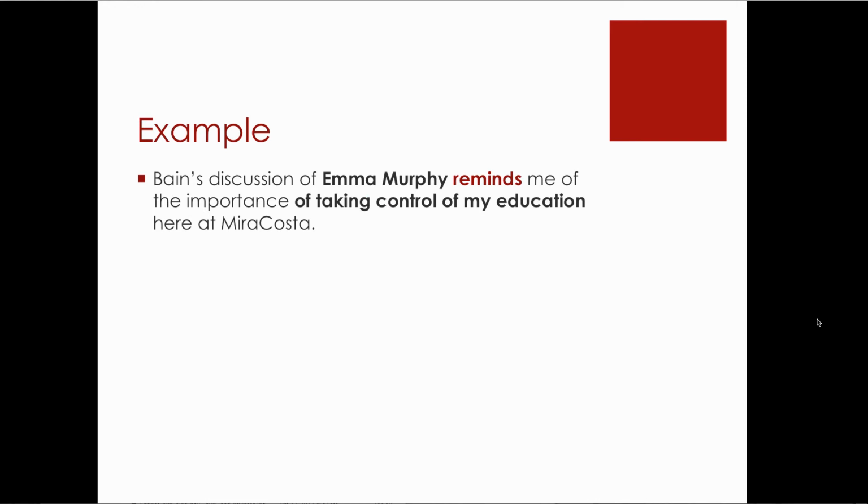I've had a lot of questions from students. How do I frame an example in a topic sentence? You can use a phrase like "Bain's discussion," but you could also say "Bain's example," "Bain's narration of," or "Bain's description of a particular person." All of those words can work well to set up a topic sentence